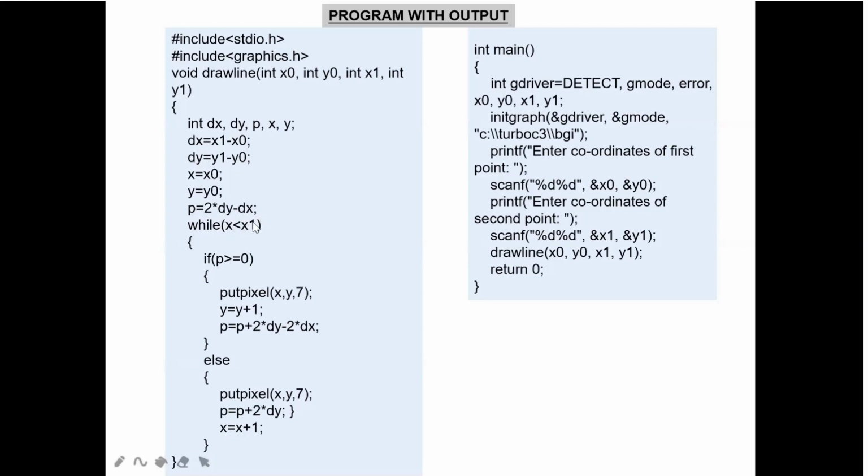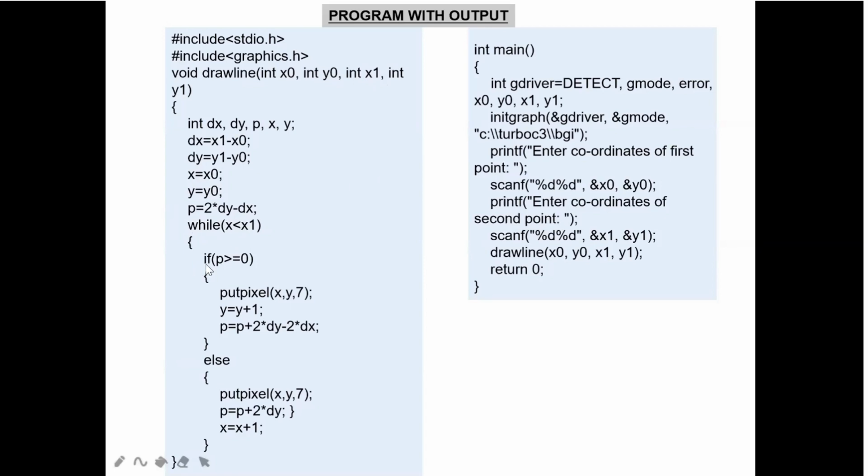Then the conditions. Suppose the original value is less than the final value, because it should not exceed, right? So you can use a while loop or any loop condition. I have used a while loop. So it should not increase beyond that; if it does, then we should stop the process. That is our condition. Inside that we have two if statements.